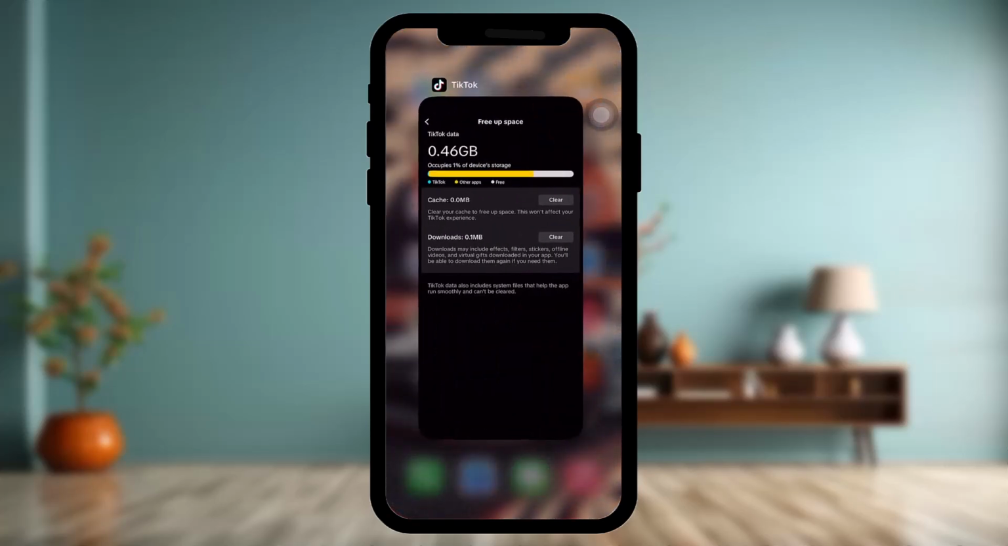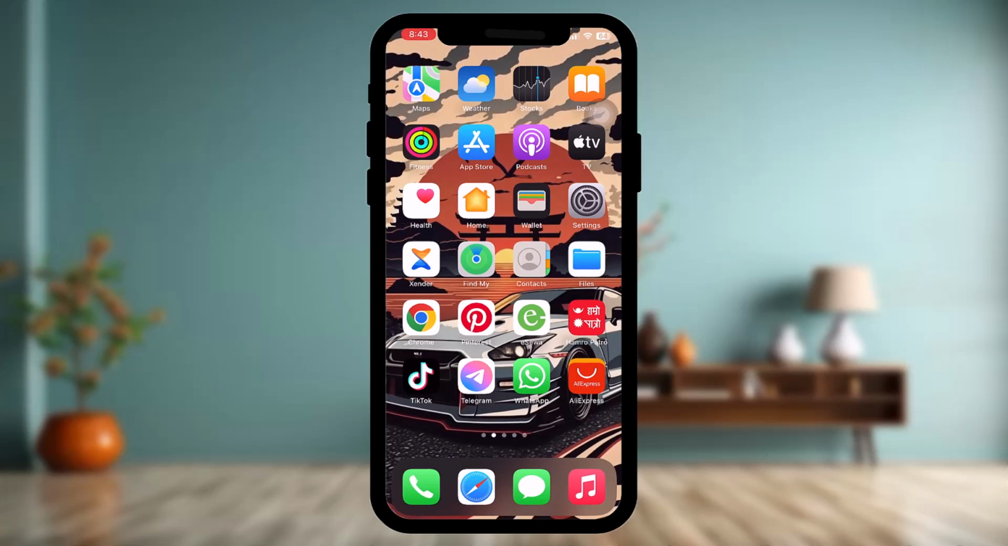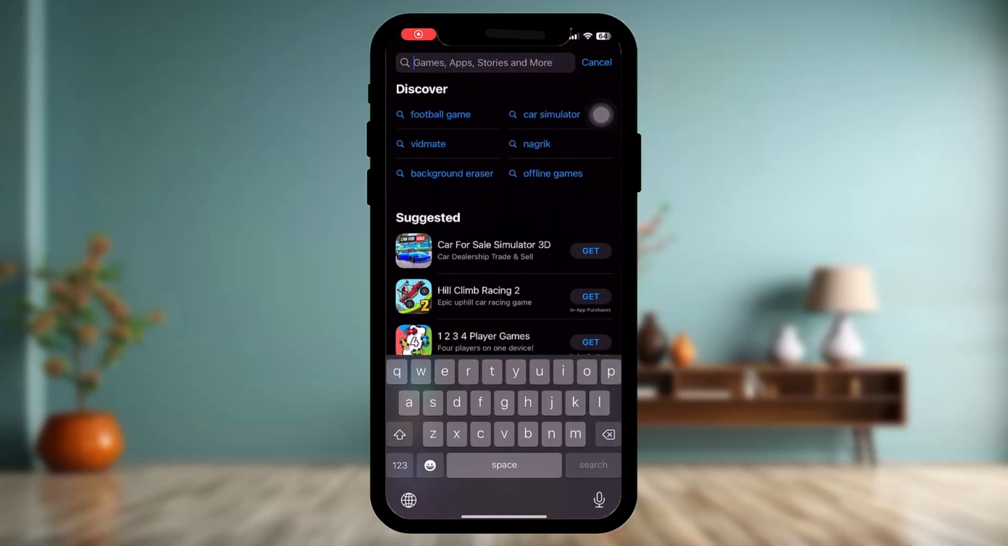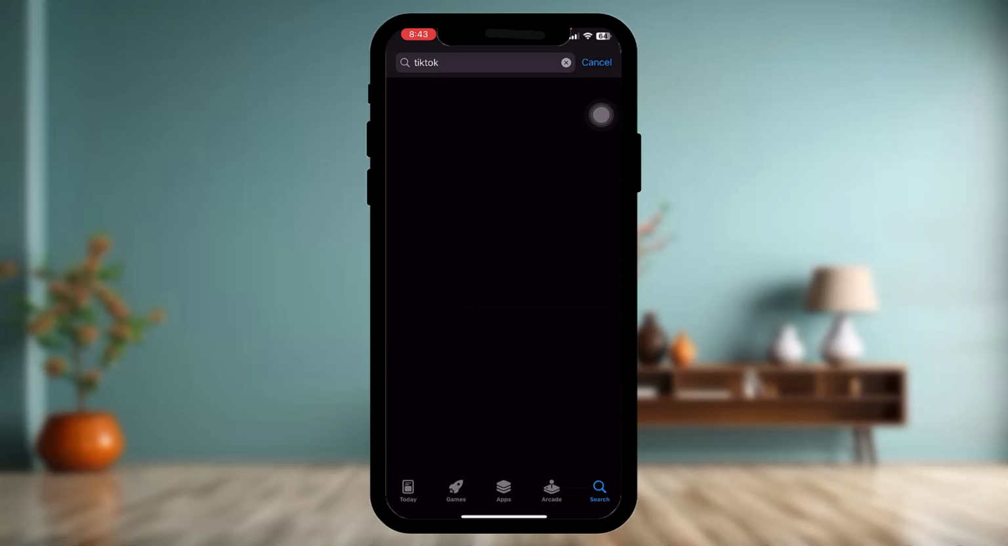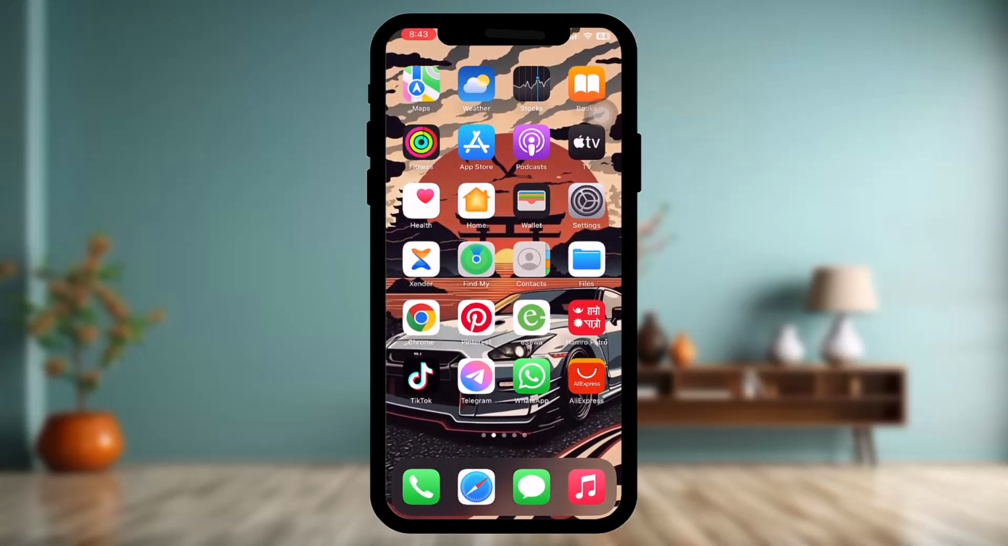Now all you gotta do is go back and then try again, and if the issue is still there, then all you gotta do is open up your app store and then in the search bar simply type in TikTok, and now tap on the app and check to see if the app is up to date or not. Sometimes the older version also might be causing the issue, so a simple update might fix the issue. And once you do that, try again, and if that still doesn't fix the issue, then what you can do